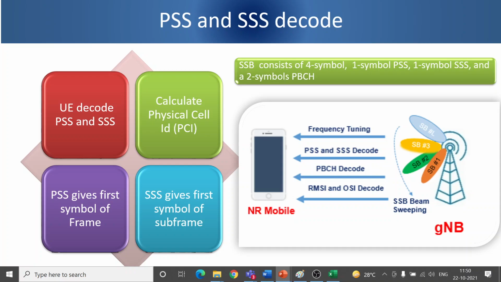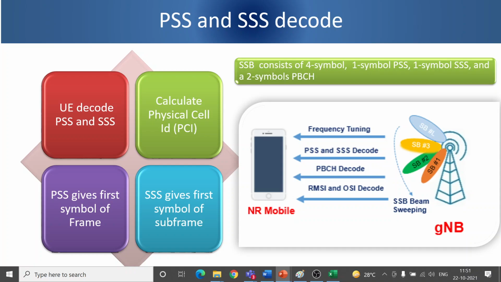That means the first slot, right? And in the first slot, the first symbol. So the timing. It will now be able to do the frequency synchronization with those rasters, right? It was able to decode some signal that is coming, and with PSS and SSS, it is able to time synchronize the first symbol of a frame and the first symbol of a subframe. So it is able to synchronize in frequency and time.